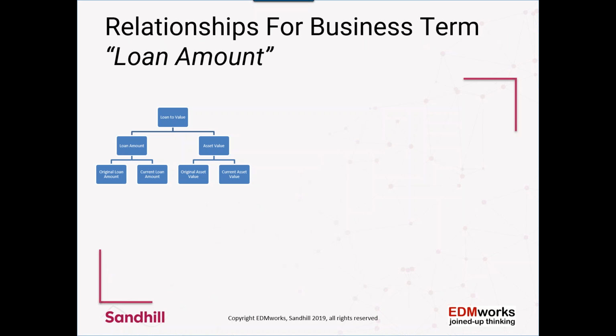So again, in the previous slides when Dennis was presenting, there was a sort of hierarchy or a definition of the various pieces of data. So if we look at this, what we're saying here is that at some point in time, there's going to be some information which is going to be collected, for example, like the original loan amount and the current loan amount. And in order to be able to use this metadata and the data itself, we need to be sure that we all have the common understanding of exactly what that means. Similarly with the loan amount, similarly with the loan to value. So we can use the models that we've created as a single source of the truth, where we're defining the underlying business terms and the technical metadata that we're interested in.